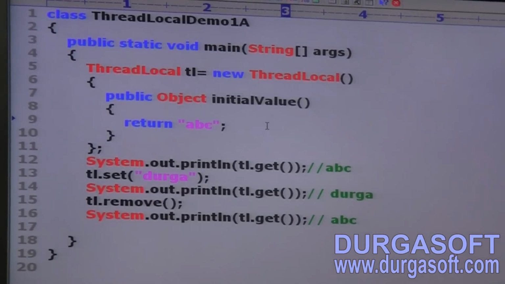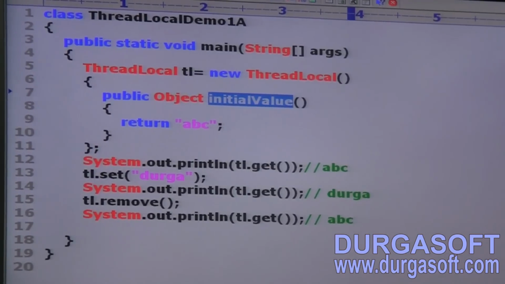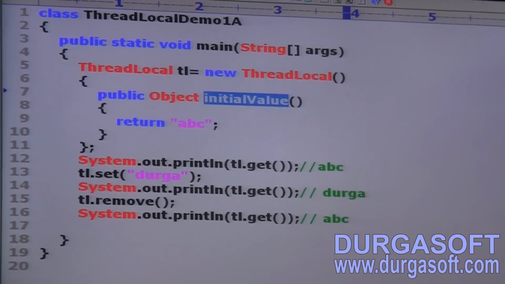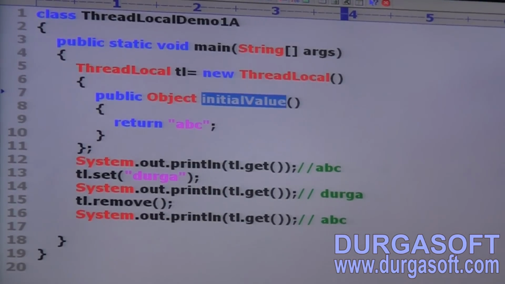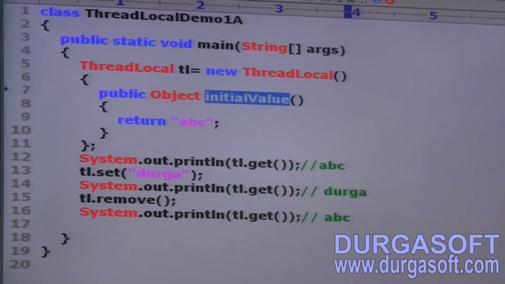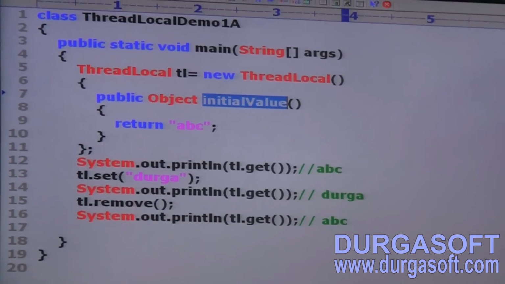Yeah, better to keep submitting. Overriding of the initialValue method. Okay, take clear, like. Overriding of the initialValue method.